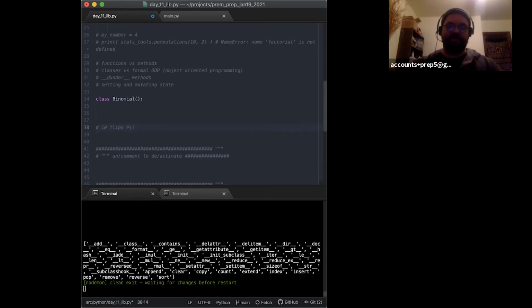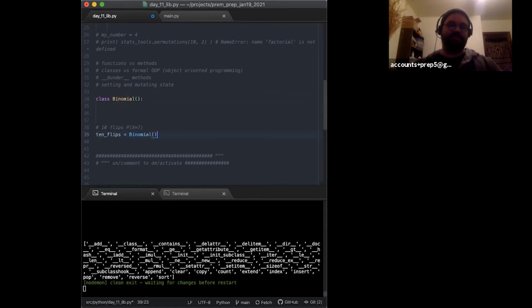So we could say P that R trial equals 7, something like this. So the way I want to use this, I'll just say 10 flips equals our binomial distribution,